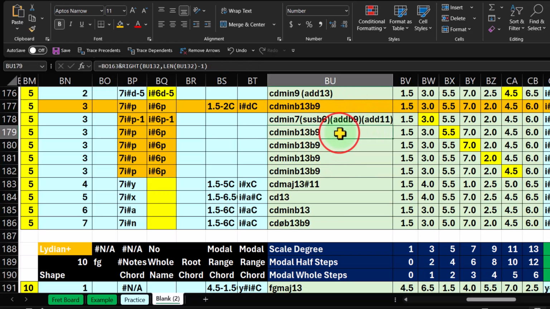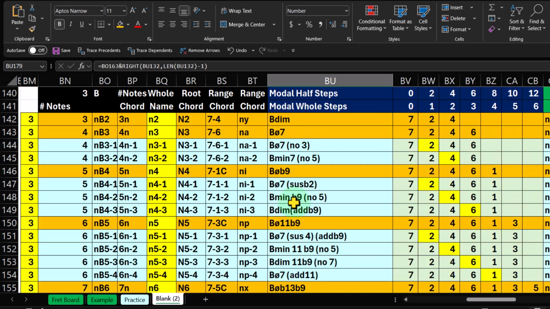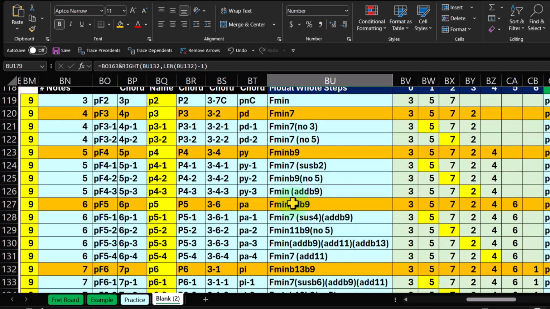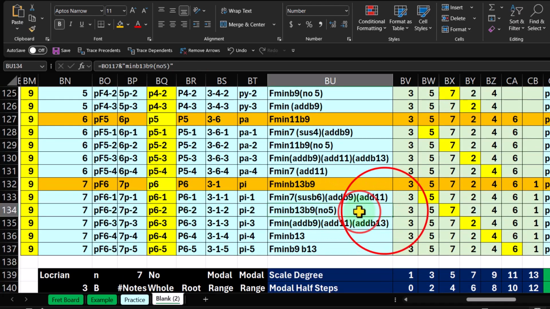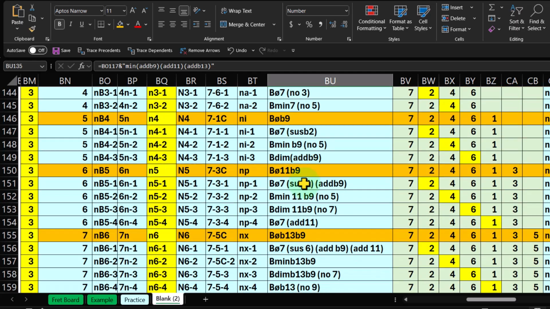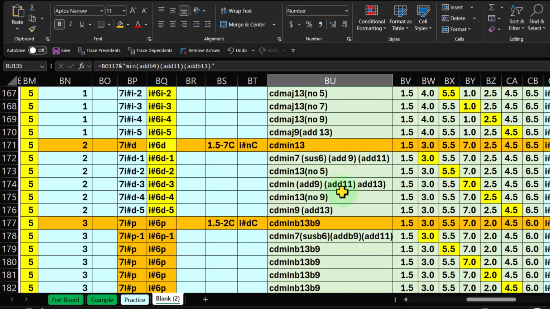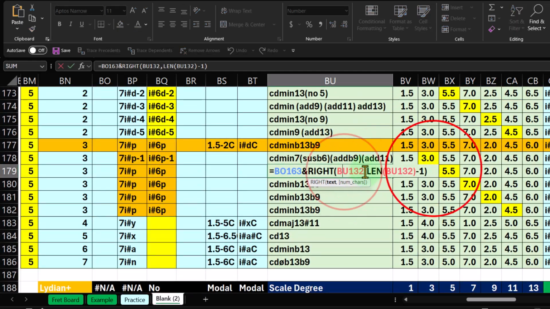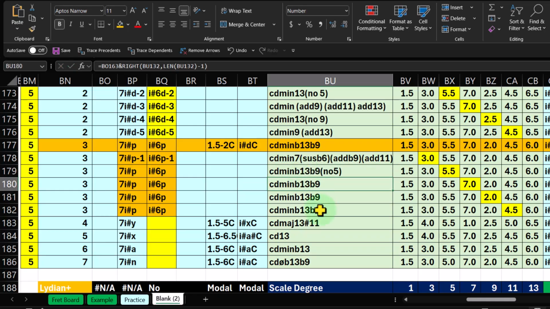Now, what if we dropped the 5 off of a Phrygian? Normal naming convention up to the Phrygian is up here. If I drop the 5 off a 7-note chord, it would look something like this. So now we're going to say, okay, drop the 5, and we'll paste that right there. Bam. Okay, so it would be a C sharp, D flat minor,